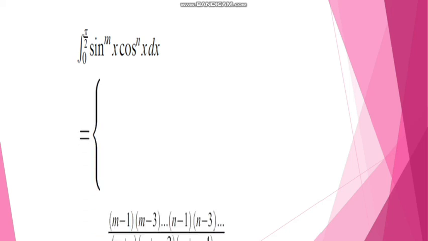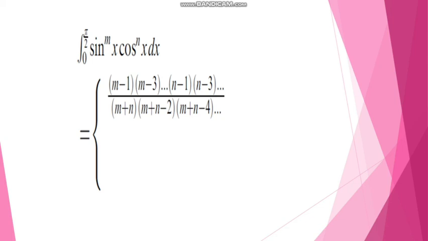Important reduction formulae: the integral 0 to pi by 2 of sin power m x cosine power n x dx. Here the integrand is the product of two different functions, sine and cosine, whose exponents are also different. They are m and n. It has two different values based on the nature of m and n. Now the first result, (m negative 1) times (m negative 3) until some constant comes. This is only based on the exponent of the sine function. And coming to the second function and its exponent, you can see (n negative 1) times (n negative 3) until some constant comes, upon